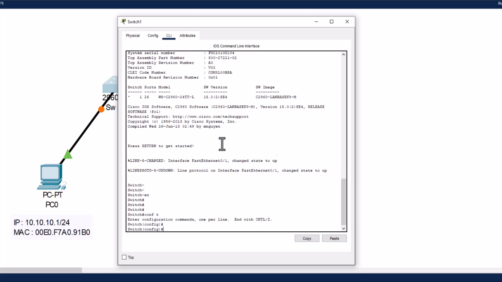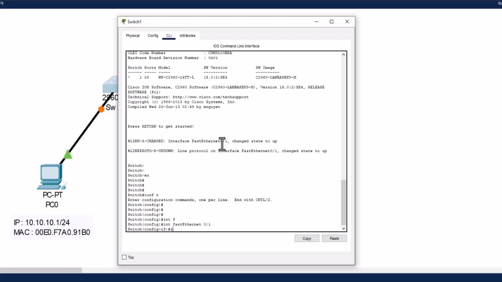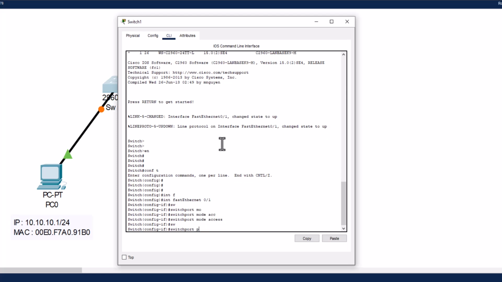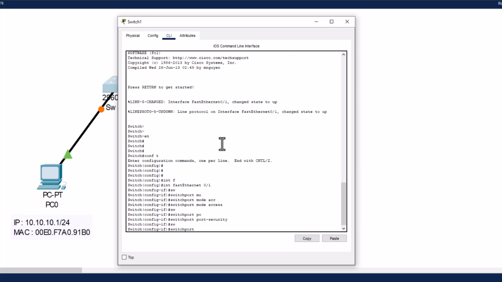I will go to conf t. I will go to int fast 0/1, switchport mode access, switchport port-security to enable the port security. Then I will enable switchport